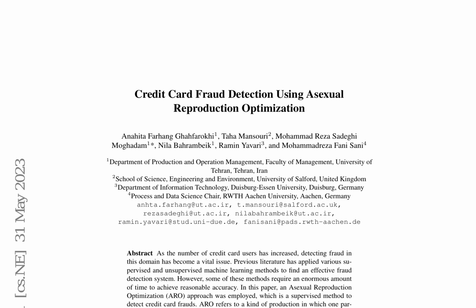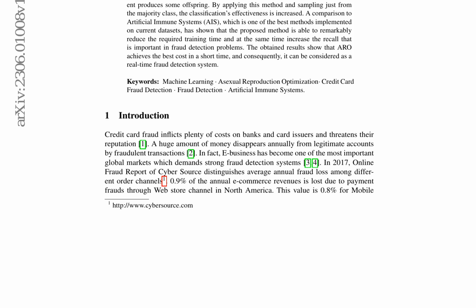The paper highlights the importance of fraud detection systems, which can be categorized into expert-driven, data-driven, or a combination of both. Data-driven methods, such as machine learning techniques, have been increasingly used to learn fraud patterns and identify them in data streams. However, many of these methods require a time-consuming training phase, which limits their applicability. The proposed ARO method addresses this limitation by providing an efficient way to detect fraud without requiring extensive training time.